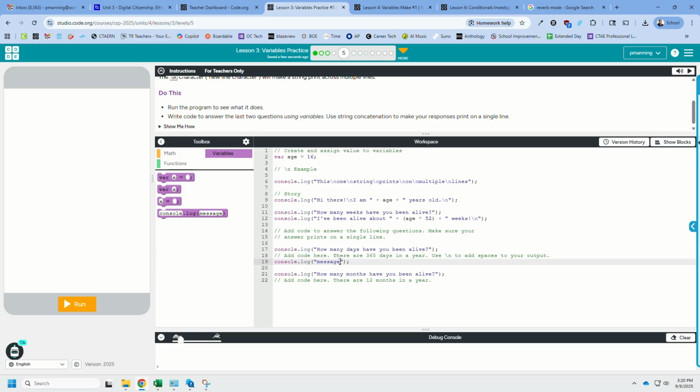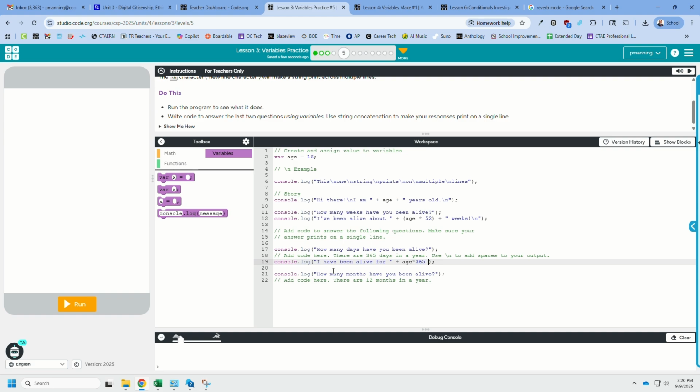Based on this person being 16, we'll use that, and we will say I have been alive for, I'm going to put the space inside that. Now I'm going to do plus, and then age times